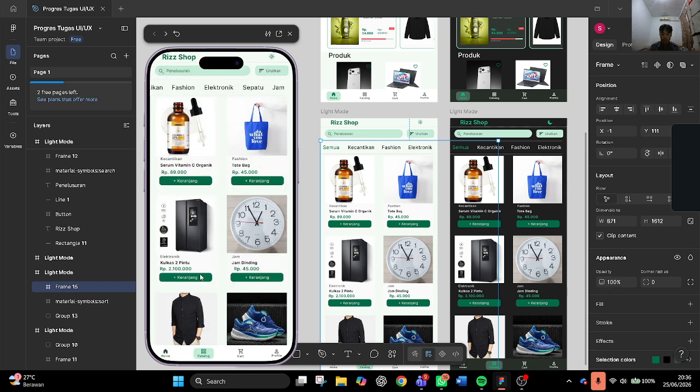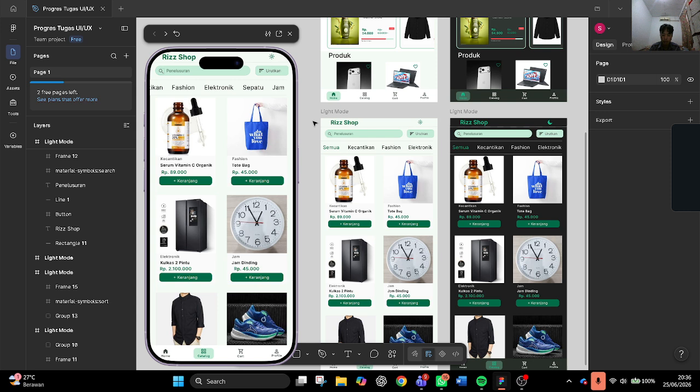So that's all of my second UX practicum project, the Shop e-commerce app design. I designed it using Figma with a green color palette, dark mode support, and both vertical and horizontal scrolling features, while applying key UI/UX principles like consistency, readability, visual hierarchy, and ease of navigation throughout the design.